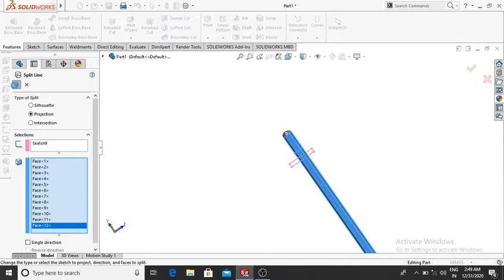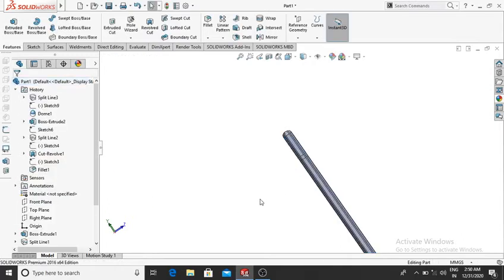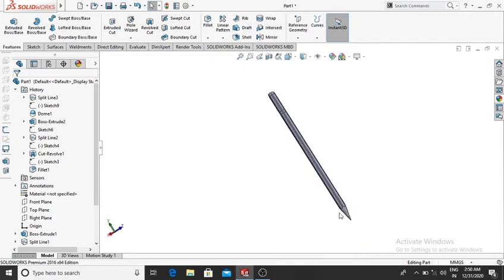Then OK. Now we have applied the split on this face.